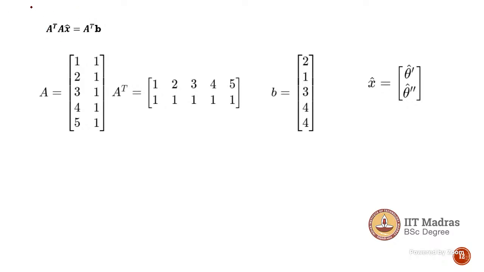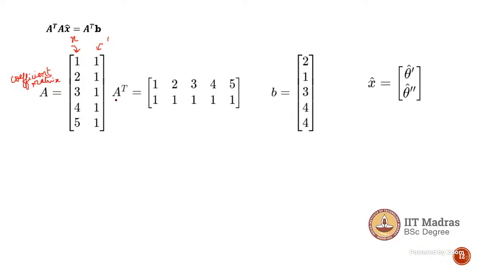The coefficient matrix is formed by the column of x and the column of ones. This is for finding the slope, and this is for finding the intercept. That is why we have the ones on the right hand side. If you interchange the ones and x, then in the solution the first value will be the intercept and the second value will be the slope. So this is your coefficient matrix. This is not any simple matrix; it represents your coefficient matrix.